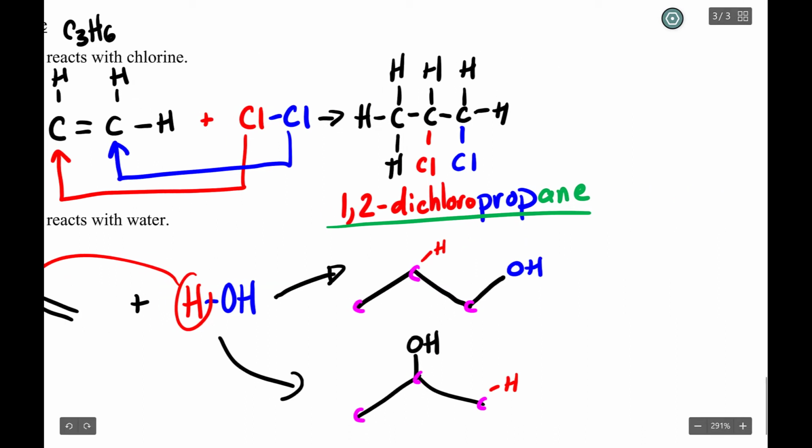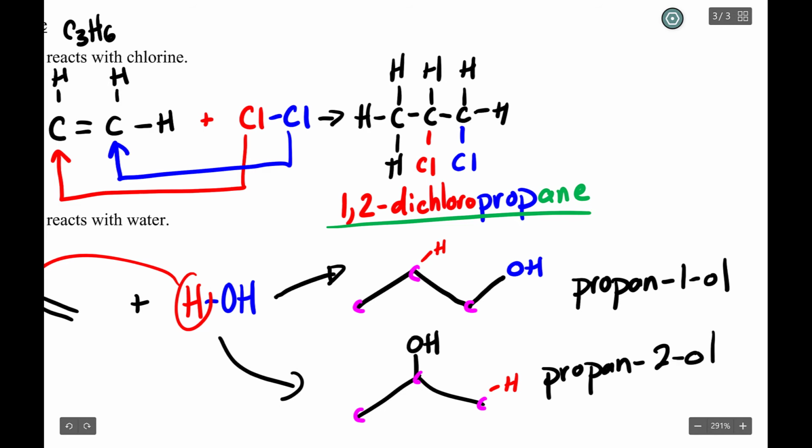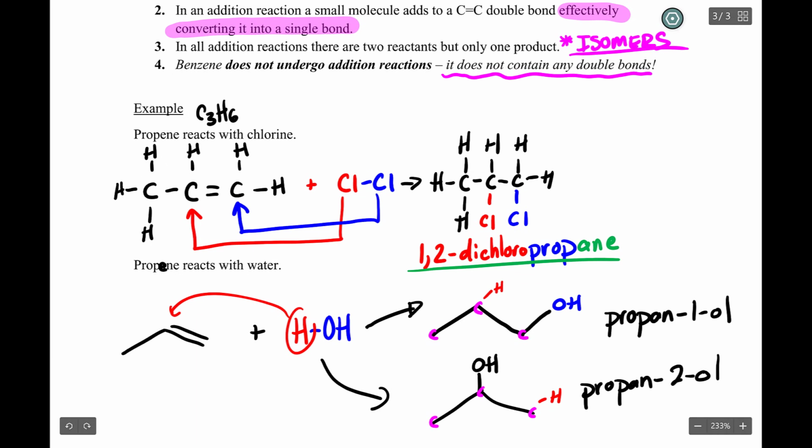This first one would be called propan-1-ol. And this one would be called propan-2-ol. So that's just a very brief overview of 5 different things about alkenes and alkynes, how to name them,